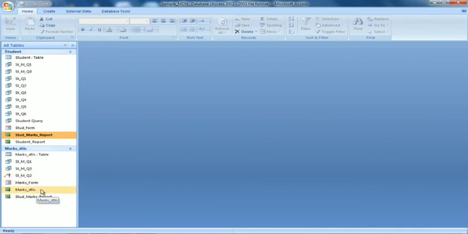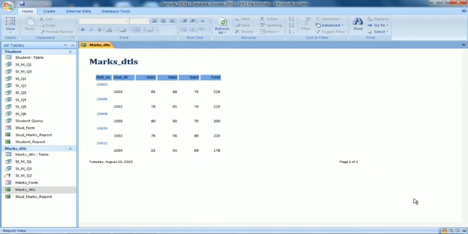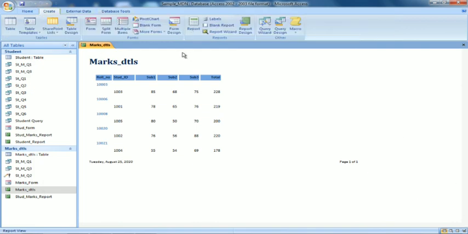So the marks details report has already been done. So this is the format. So you have learned today how to create a report from two different tables by using report design. Then the last one, that is this one, marks details, you have learned using creation of a report by the report wizard. So this is how it looks.